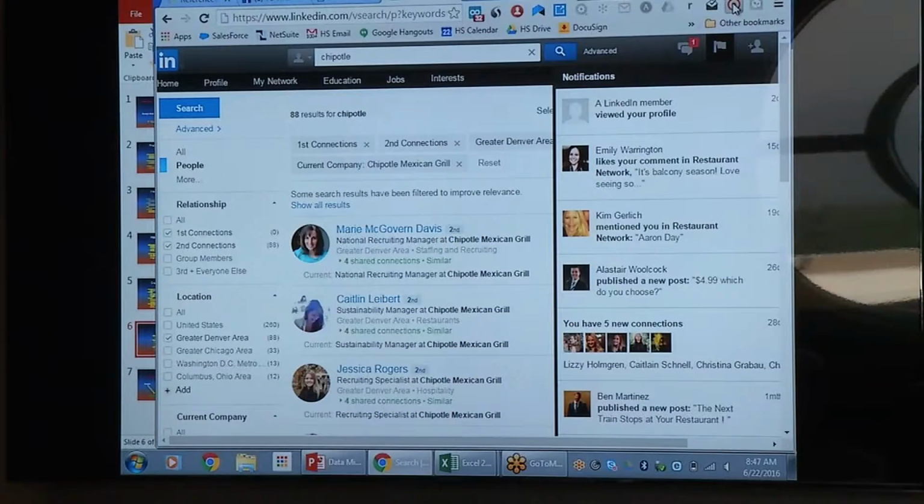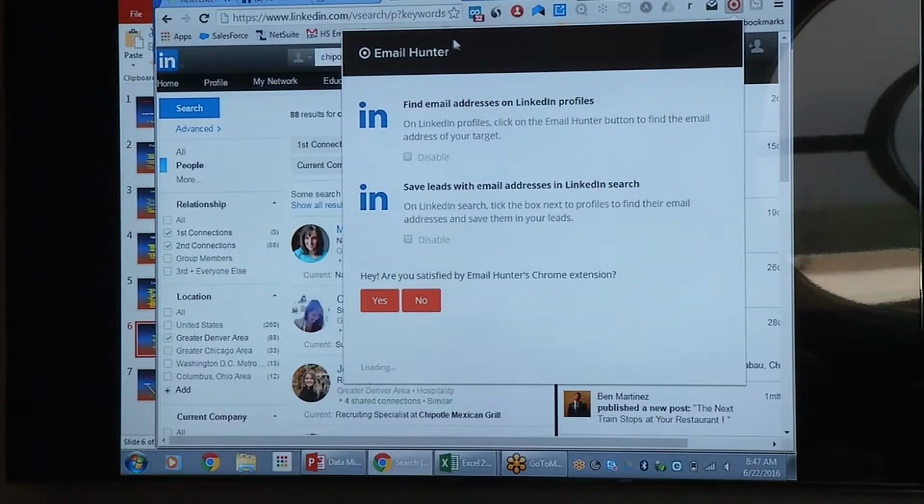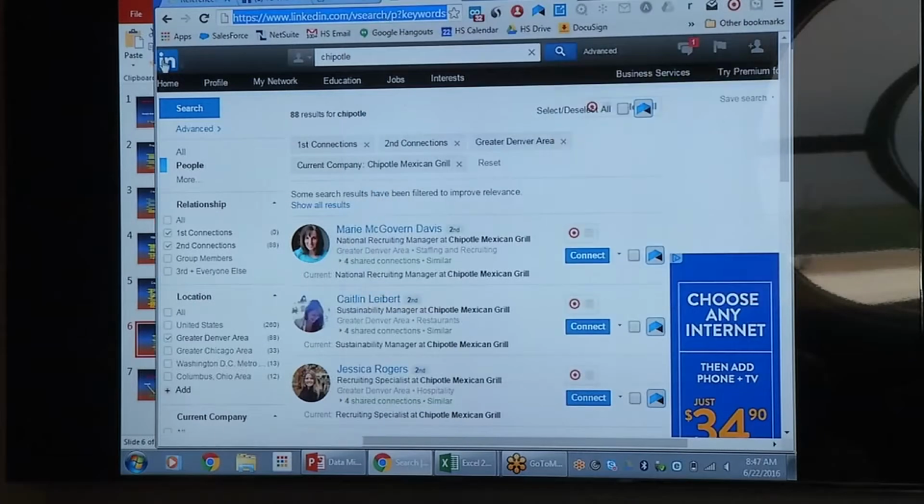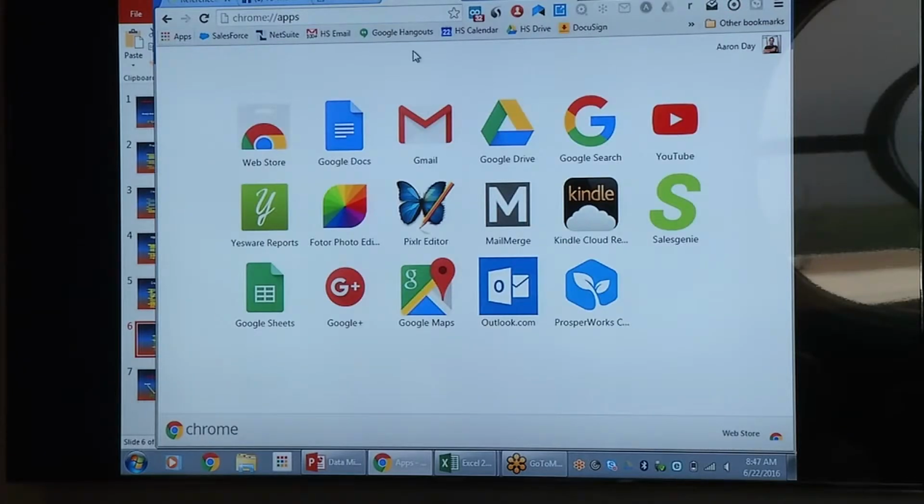Oh, by the way, this thing right here is called Email Hunter, and this is cool. Look on the Google Web Store for applets and extensions. There are all sorts that can help you find email addresses that'll actually mine for these things, and I'll show you how this works. Through LinkedIn? No, I'm sorry, Google Chrome. If you go to Chrome apps right there and go to the web store,